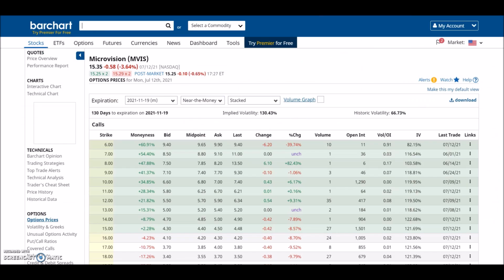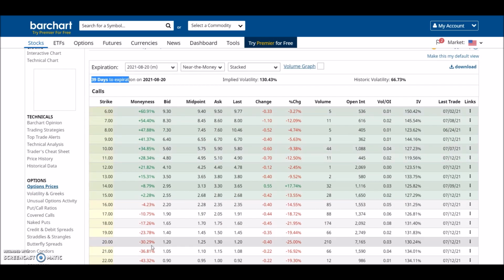Anyway, look at MVIS. The options, the volatility is 130%. If you think they will have an earning in August and there could be a run up, you can always try with August 20th expiry date, which will give you 39 days to expire. And if your target is 20 or 24, you can choose. But look at these ones, not very expensive. The 15 strike price has a